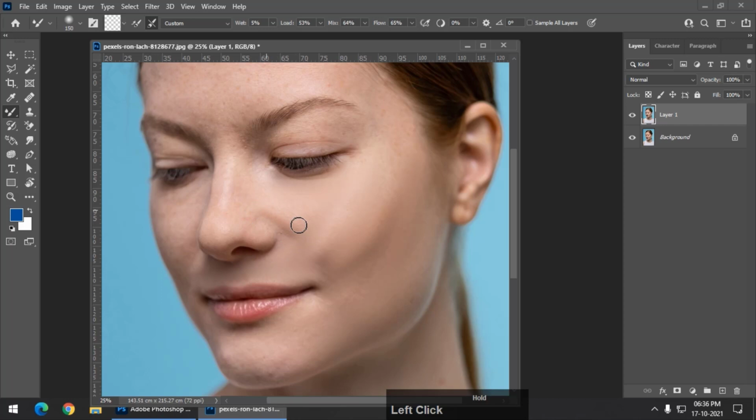So just simply go with it like this, and reduce the brush size whenever necessary. As you can see, already the blemishes are not visible. They are disappearing like this, and keep on changing the brush size according to the image.